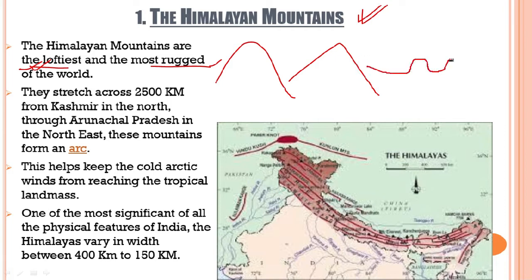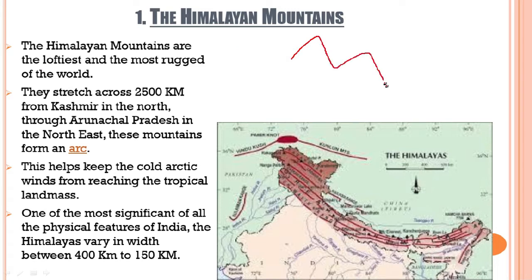For example, it will keep on flowing like this and like this. Everywhere you can see different composition of rocks. Then you can see the difference in the height of the different divisions of the Himalayan mountains. Then you can see a sharp bend, a sharp decline in the height as well. For example, when we were studying about the different divisions of the Himalayas, the very first characteristic which we came across was the difference in height. Clear? So as you can see, the constitution of the different divisions of Himalayas is not uniform.